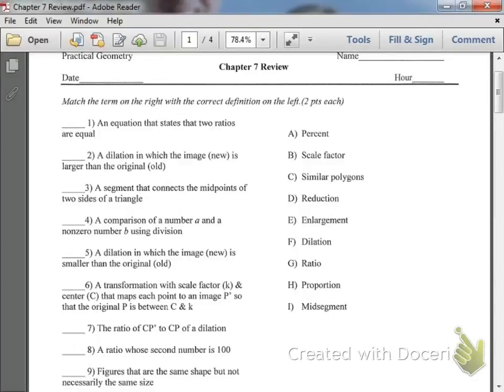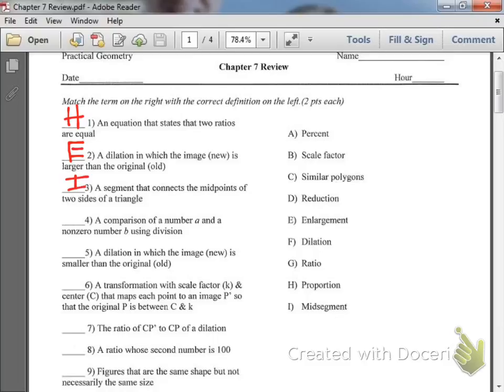Alright, so the beginning of this review was just some vocabulary terms. So number 1 is what? H. Very good. If you did not get it right or if you have questions, let me know. Number 2 is which one? E. Very good. 3 is